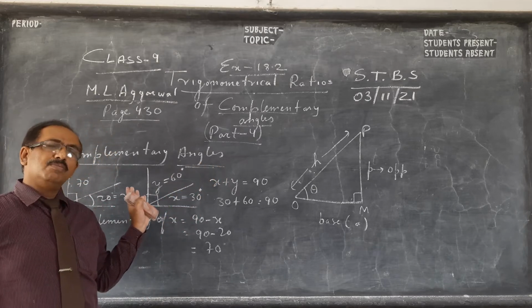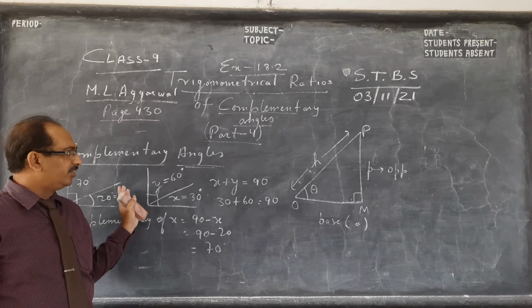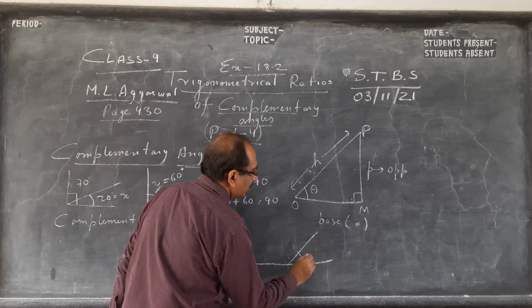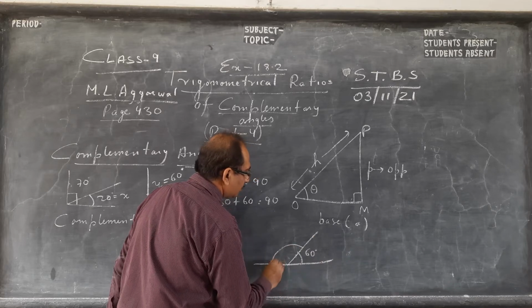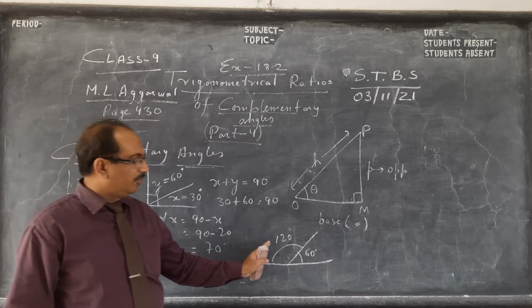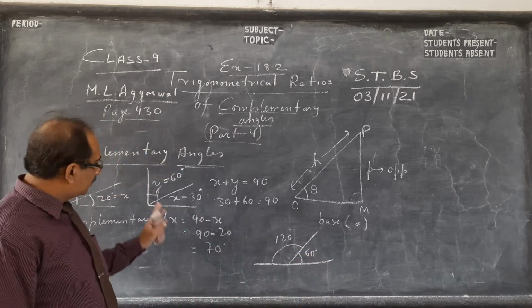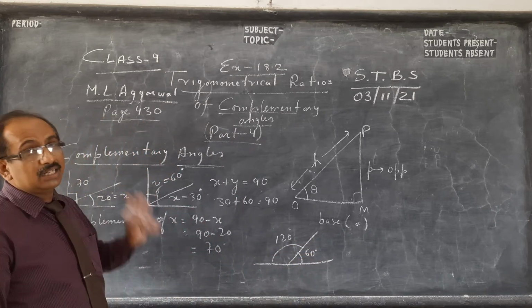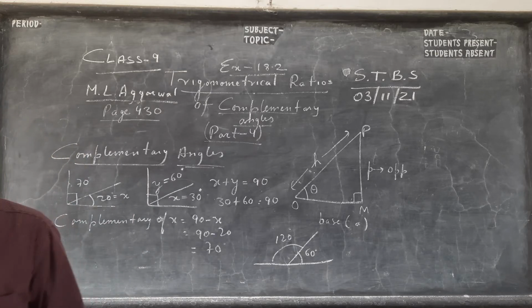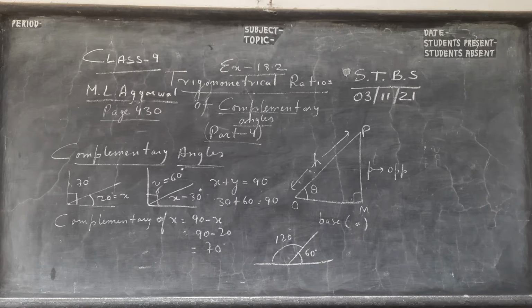Same way, children, if you remember supplementary angles, especially we use in geometry, when the sum of 2 angles is 180 degrees. If this is 60, the other should be 120. So these two are supplementary angles when the sum of 2 angles is 180. These are complementary angles. So something like that we will see. Okay, so please pause the video and copy, then we will go to the main part of the chapter.